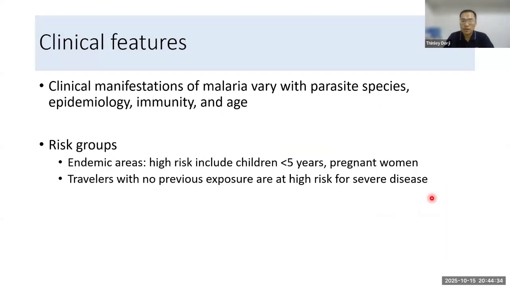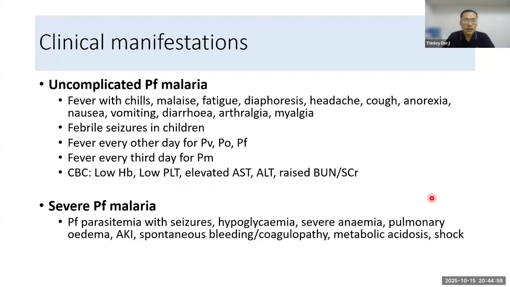The clinical features also depend on the parasite species, the epidemiology, how endemic it is in your place, and also the age. It is always important to know the high-risk groups, where people are residing in the endemic areas, for example, certain geographic areas in the world and the southern belt of Bhutan, and those who have traveled to high-risk areas. The clinical manifestations of uncomplicated Plasmodium falciparum malaria include fever, malaise, fatigue, headache, anorexia, which are common symptoms